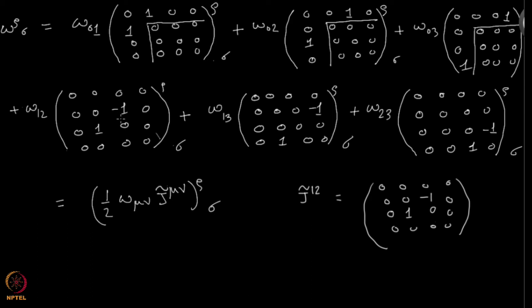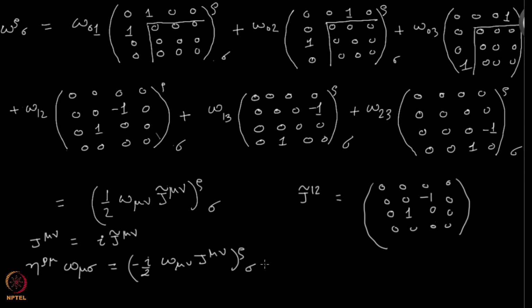Now I want to define j. So j mu nu, I will define to be i times j tilde mu nu. If I do so, then I get eta rho mu omega mu sigma, that is the quantity we have been looking for since some time. So this becomes minus i over 2 omega mu nu j mu nu, rho sigma.